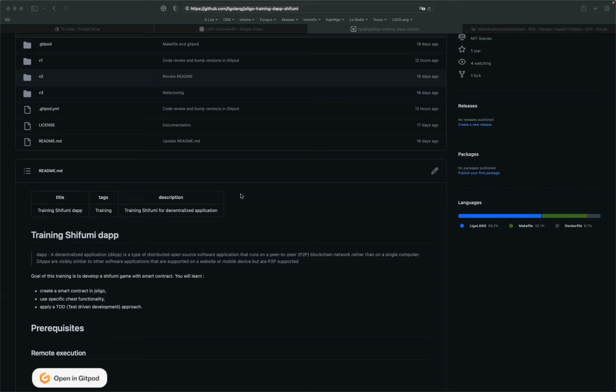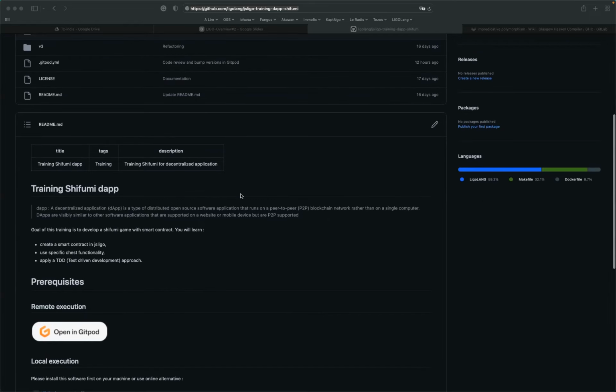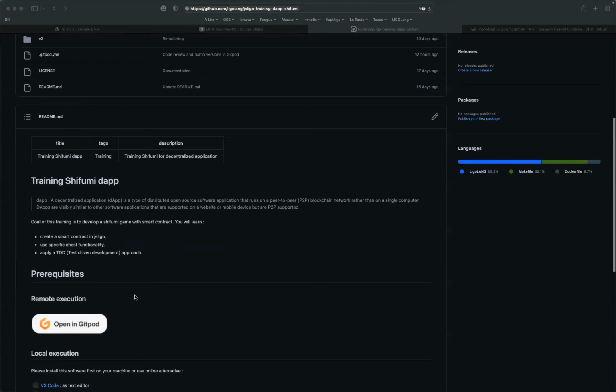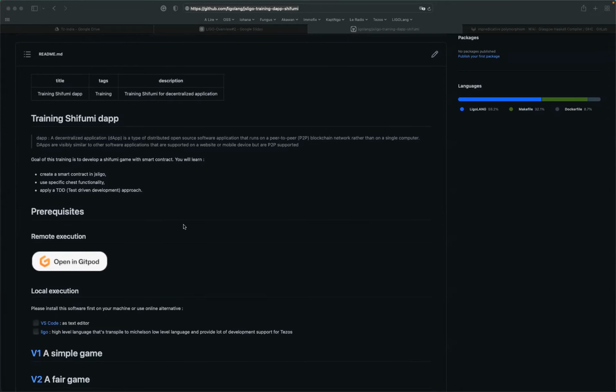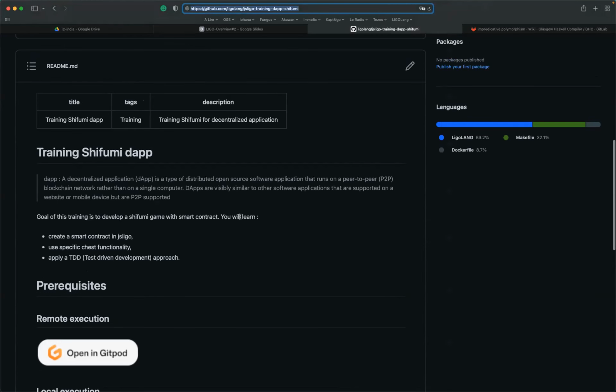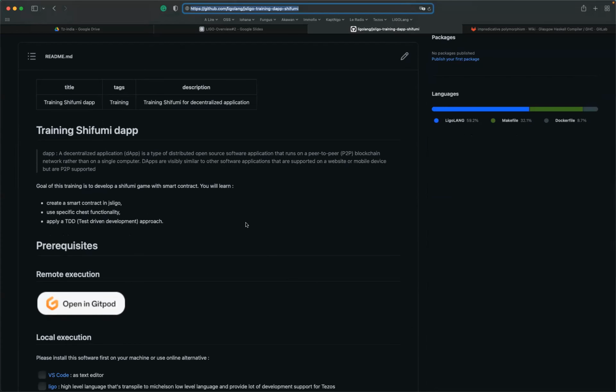Yes, I post the GitHub endpoint, which is named JS-LIGO Train Diab Shifumi. So once again, if you can start your Gitpod or you can initiate the project right now, it should be better because sometimes it takes time. So this is what I'm going to do. Did you see my screen with the open Gitpod and so on? I guess yes. Okay, I'm going to increase the size. Okay, perfect. Thank you.